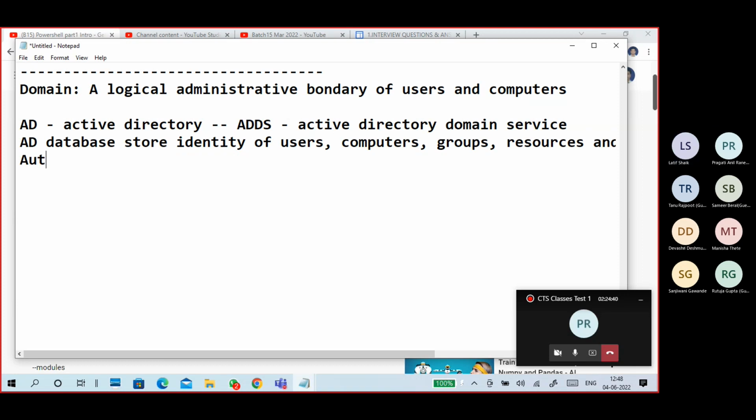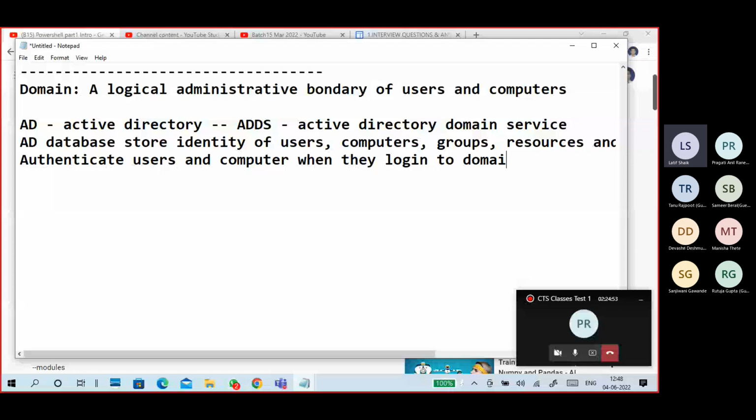Also, it authenticates users and computers when they log in to a domain or a network.